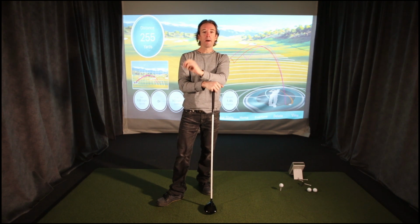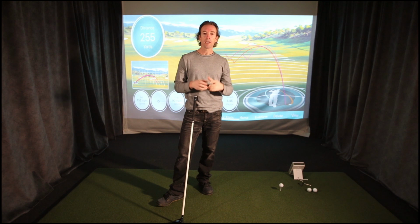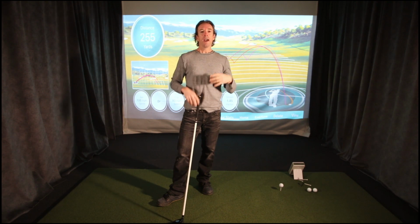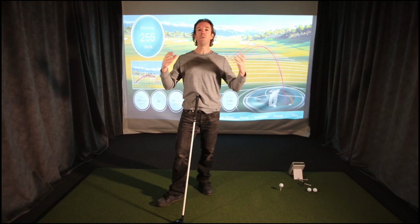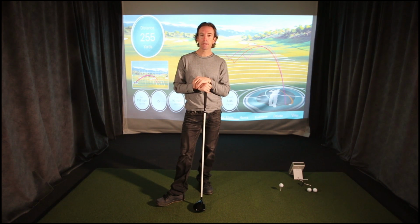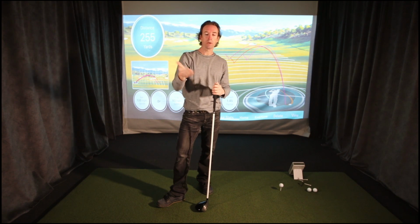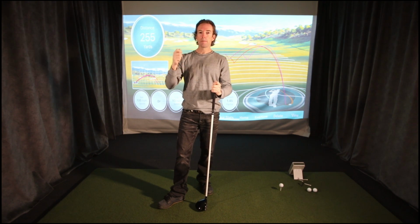And that's what we're going to talk about today, because this one is going to help you turn your golf swing into music. This is the key. You've got to be able to combine several things. One, having rhythm and tempo typically means, for many people, just smoothing things out and slowing things down at the right time. And typically that's the transition. This is where people typically get off. The transition from the backswing to the downswing is where typically people speed up dramatically because they go to hit